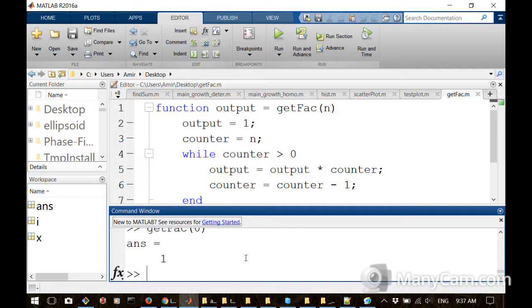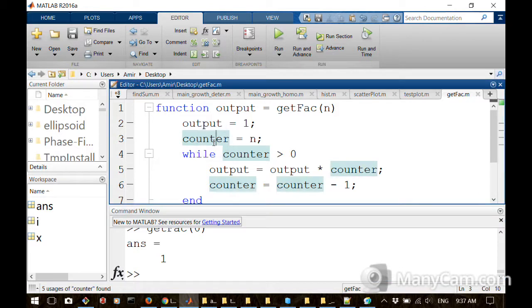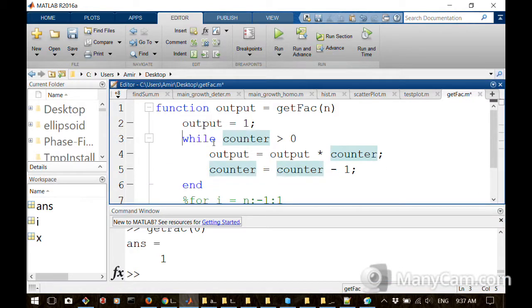Why does it work? Any questions about this function? The while loop? Nothing? How is that different enough from just saying n equals n minus 1? Oh, you mean here? No difference. In MATLAB, it doesn't make any difference. So counter is redundant in MATLAB. I could remove this and say while n is, but you're not allowed to do this in other languages because of this